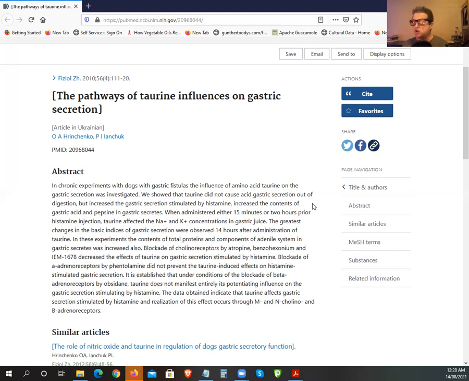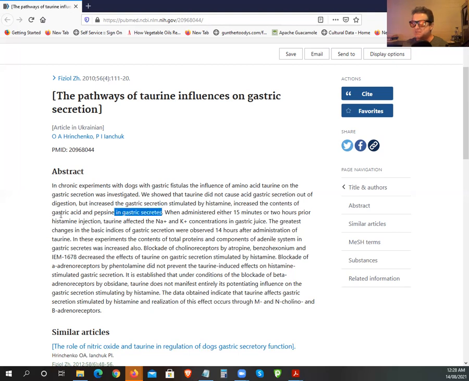cheeses that are aged like I do, meats that are aged like I do, a lot of cured meats and all that, which are some of my favorite things that I consume. And you won't have any problems because basically you've got a good low pH to fix that issue. And you've also got good nutrients that basically degrade those histamines once they've done their job in the stomach.